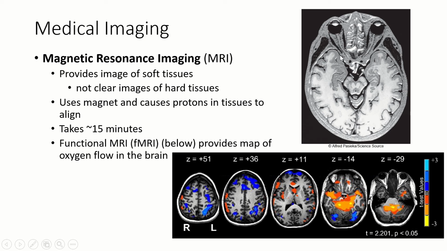The downside of an MRI is that it takes a lot longer. A CT scan takes just a few seconds, an MRI takes at least 15 minutes. And it can be very, very difficult to sit still for all of that. The CT scan uses X-rays, the MRI uses a giant magnet, and it's strong and powerful enough to actually momentarily align the protons in every atom in your tissues, which is amazing,